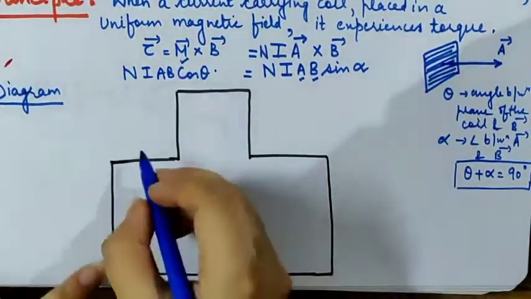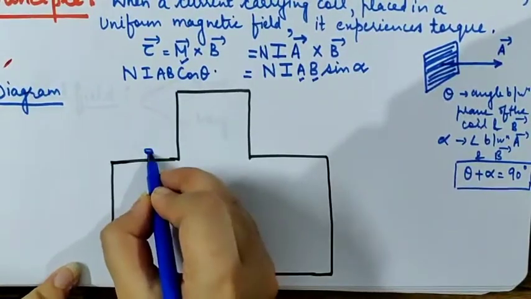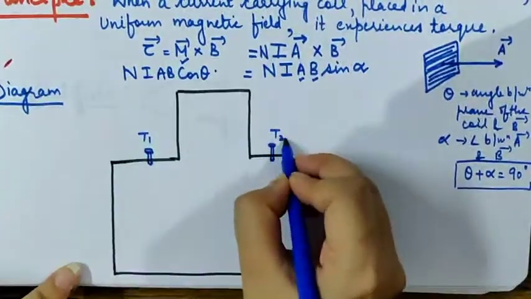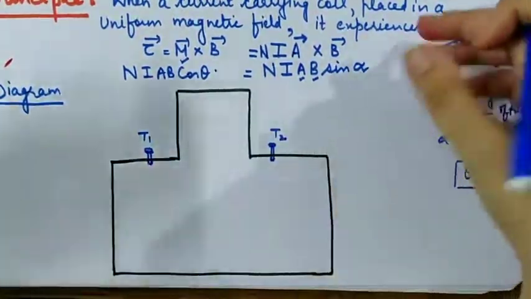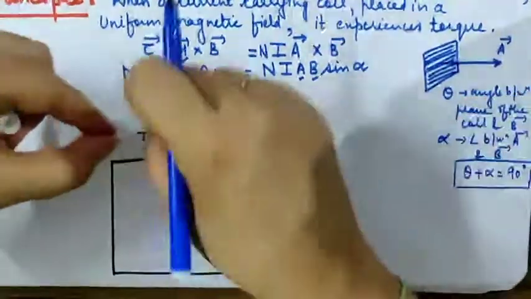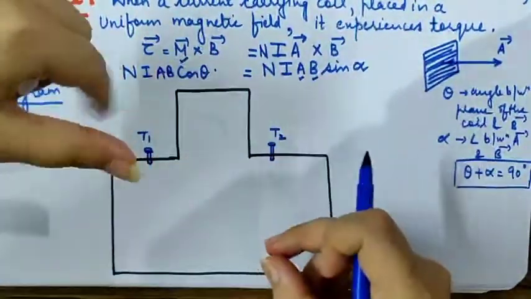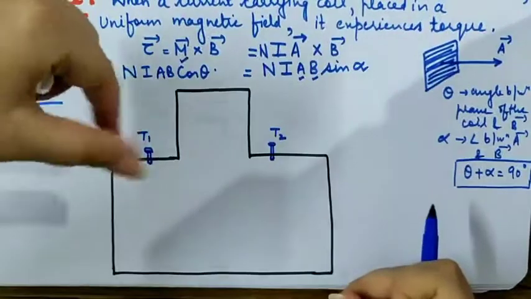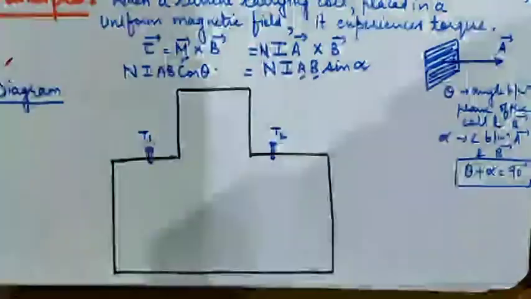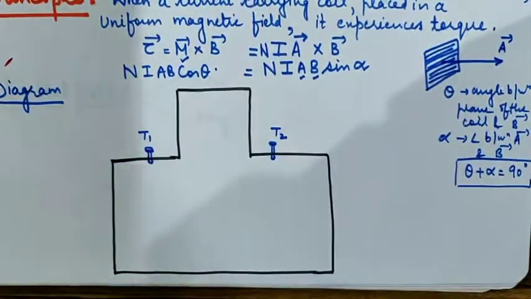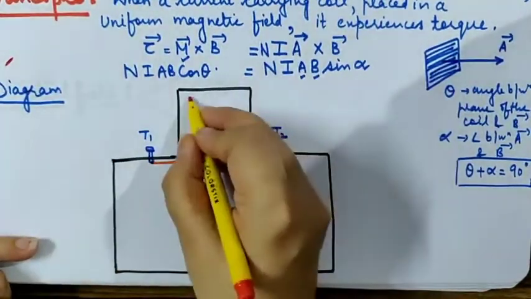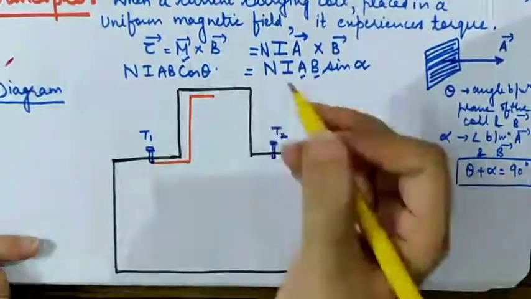Further, we have 2 screws here, the first screw and second, written as T1 and T2. These screws are very important if we have to connect this galvanometer in a circuit. One wire of the circuit is connected here, the screw is opened, the wire is coiled around it, and then the screw is tightened. Similarly on the other screw also. Now for the inner structure, we must draw the inner wires also, meaning the device should be interconnected in between also. So this is the copper wire.